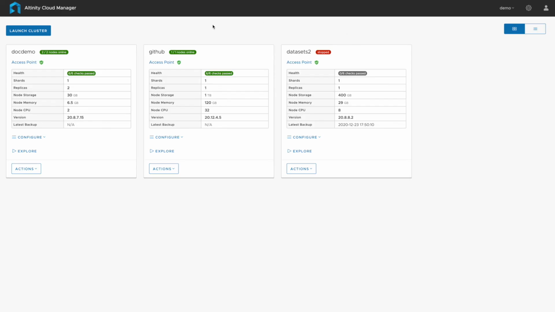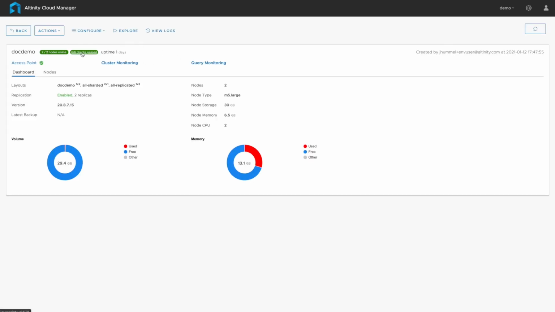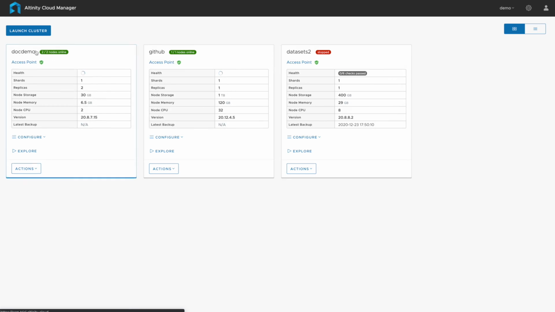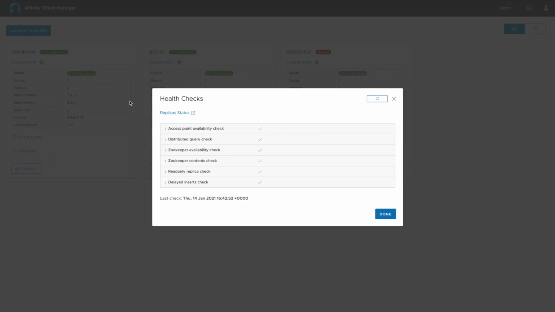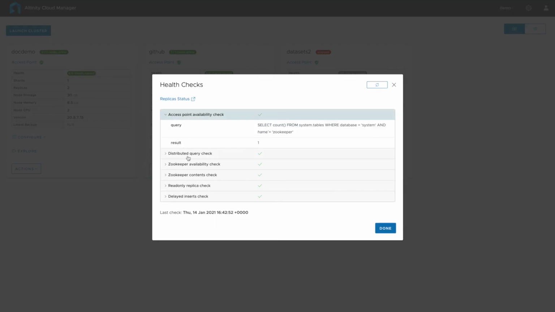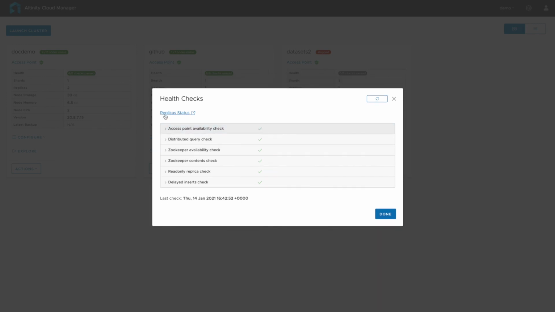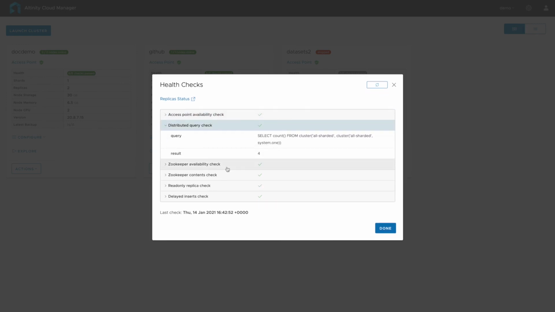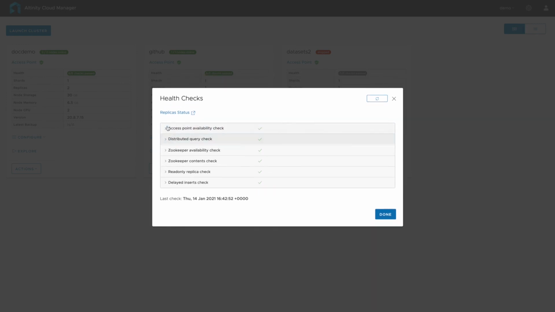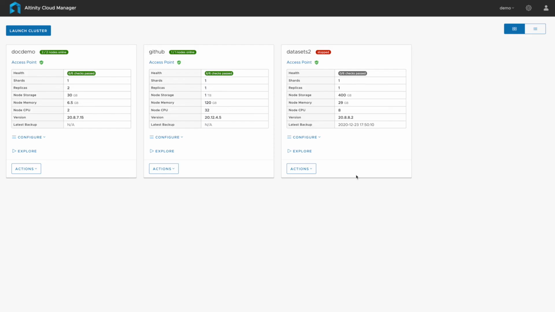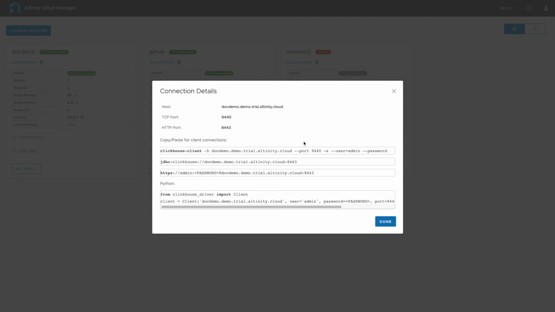Welcome back. As you can see, all the health checks have passed, and our nodes are available. We're ready to go. From here, we can start making queries either from within the Altinity.cloud interface or through some remote connection tools like the ClickHouse client, the Python operators, whatever method that you use. You can either do it from within Altinity.cloud or without. That's going to be it for this video.